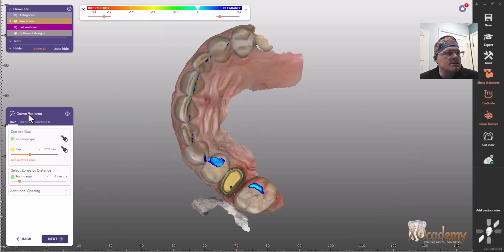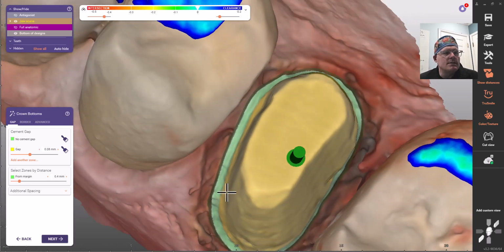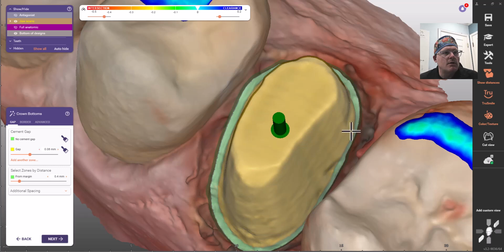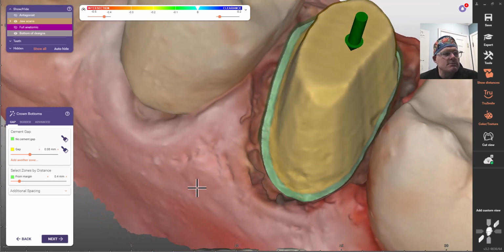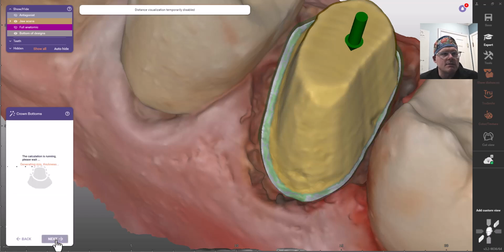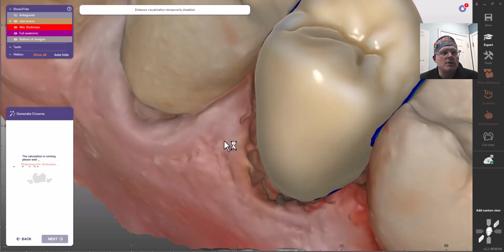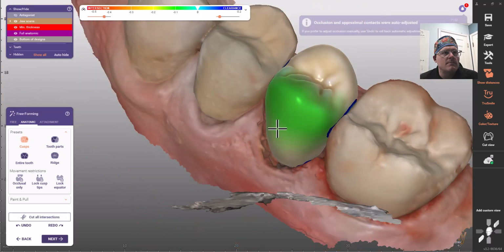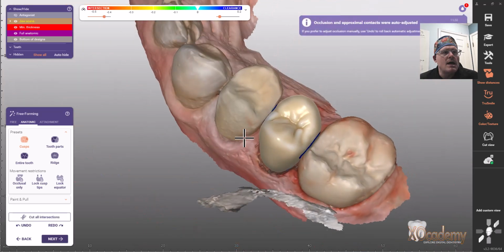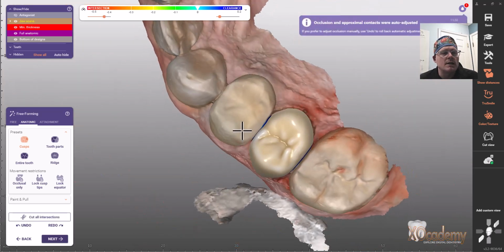This is going to bring us to the crown bottom step. This is like your die spacer step. You can see that this light green band is no cement gap, and then the yellow is a 0.08 millimeter cement gap. I usually just like to have those all the same, so I just click next. I don't alter those at all. And then it's going to merge the AI crown to our margin line that we made,